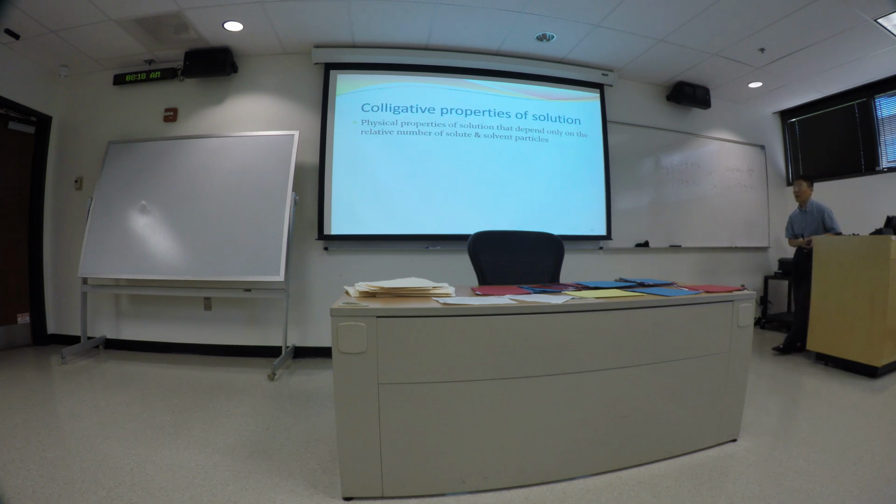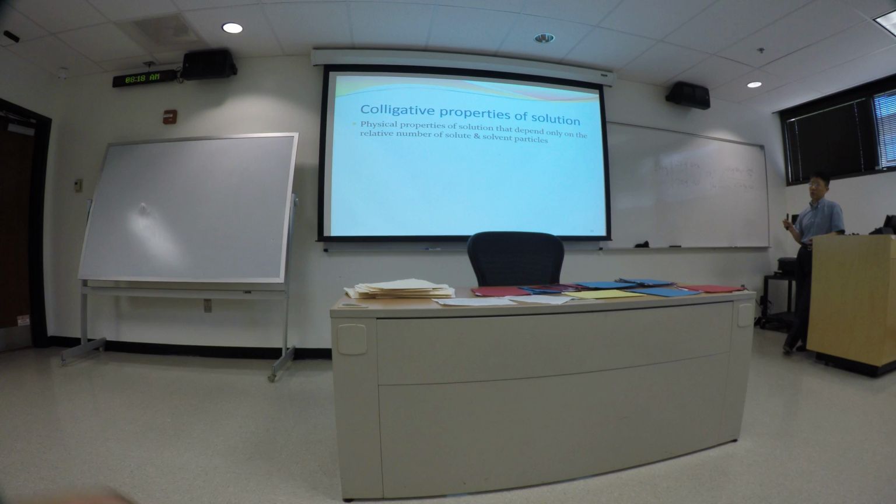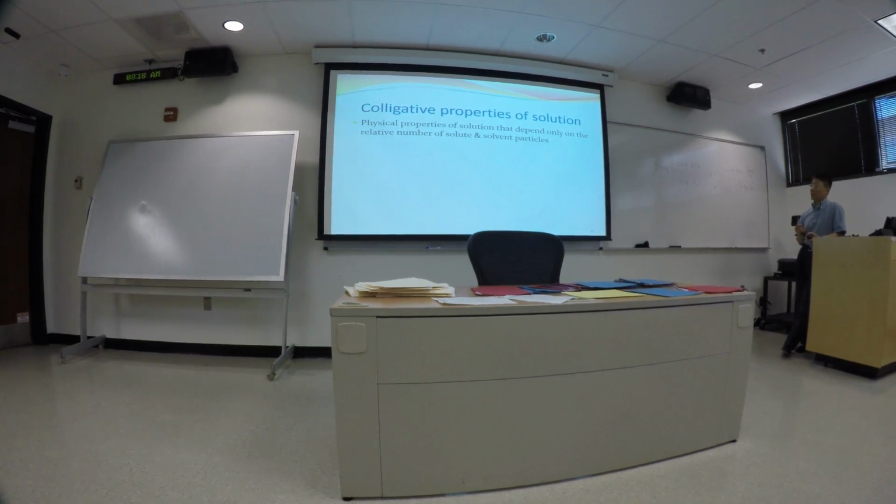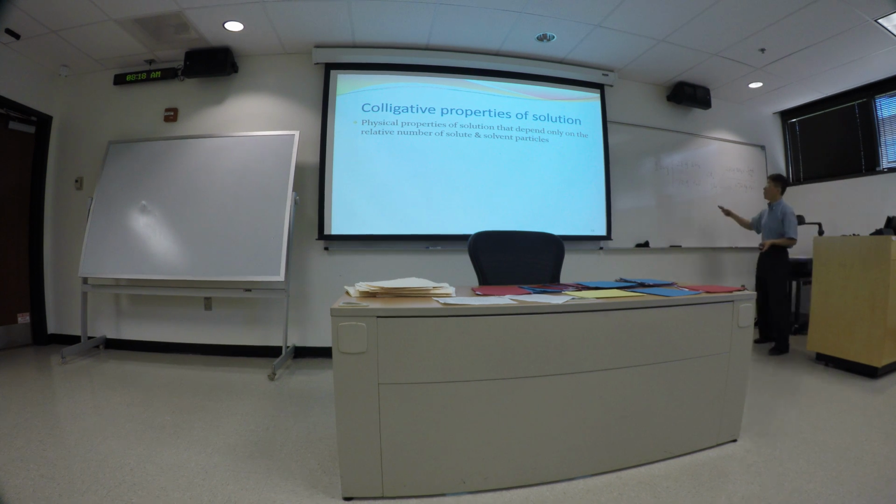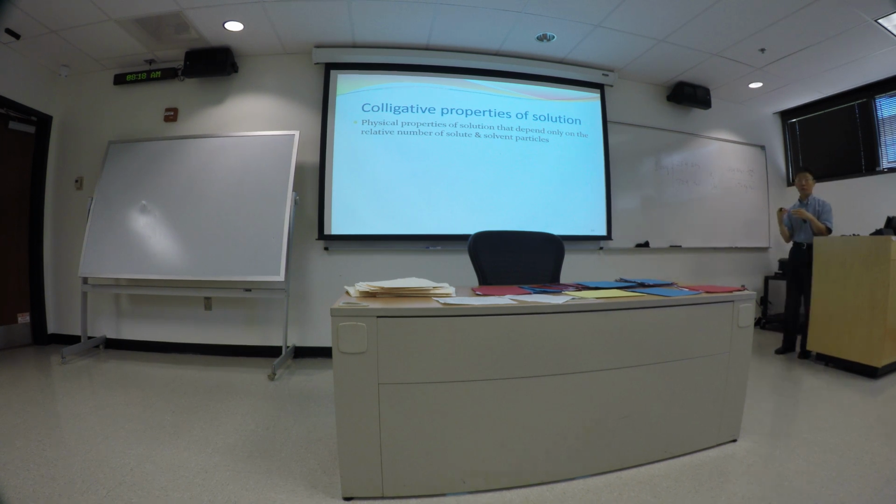Now the colligative properties are some of the physical properties of a solution that only depend on the number of particles present, in terms of the solute and solvent. So if you look at the definition of molality, we have number of moles per kilogram of solvent. So that's a relative ratio. That's a ratio between the number of particles of the solvent versus the number of particles of